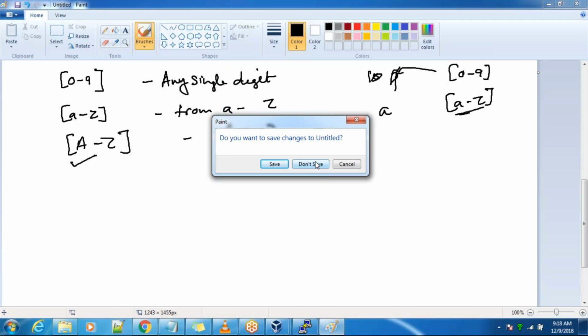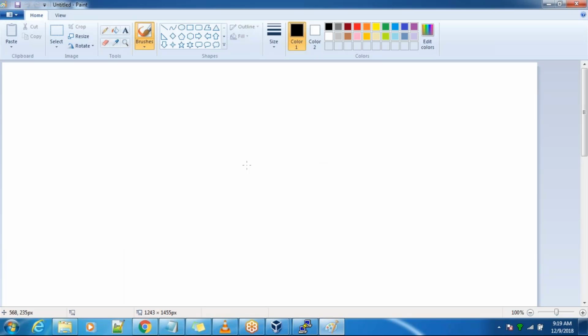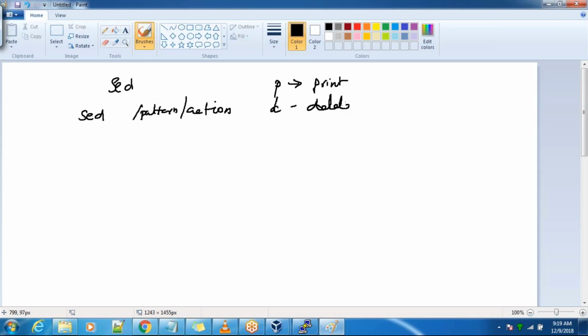Yes. Okay. So now we will see this command sed. Okay, sed is called a stream editor, and it's also used for text processing. Normally the way we use sed, there is some pattern, then one action. Okay, and this action may be, by default, P for print and D for delete. Print or delete, mainly these actions. Okay, and the pattern, like we said, can be a regular expression or just a string. Okay, and this is one way, and another way to use it is